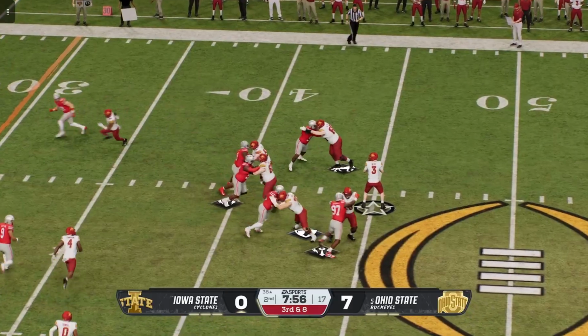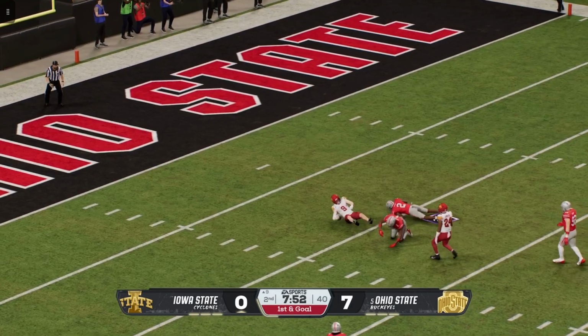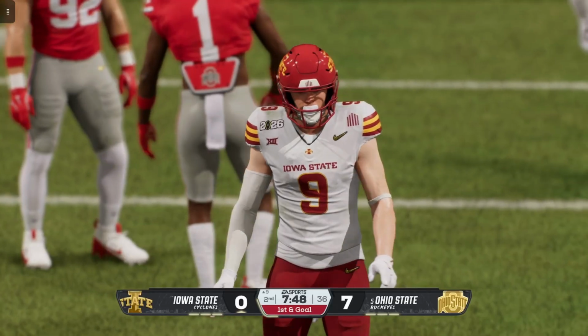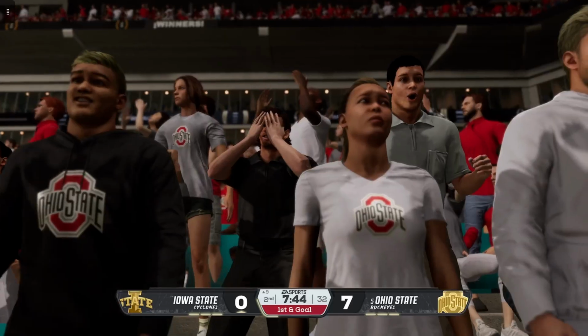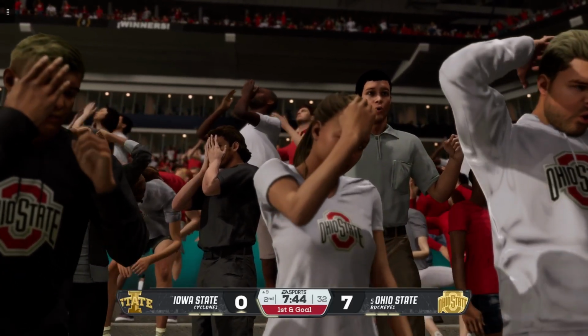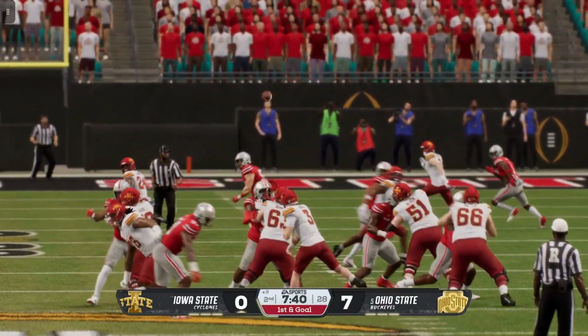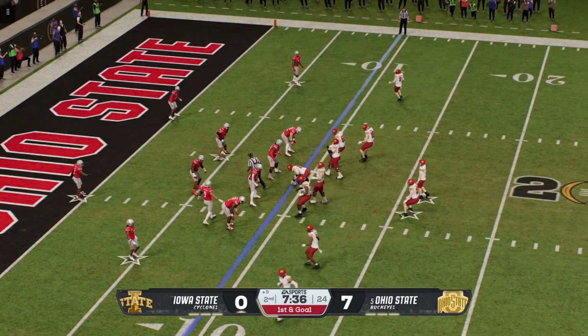Dropping back, it's Bennett. Makes the throw across the middle of the field. Catch hauled in here over the middle. Tackle is made, but the gain sets the offense up first and goal from the 9. Well, this is why this guy's one of the top wide receivers in college football. It's third down. The defense knows you're probably going to go to him, and they still can't stop him from coming down with a big play.